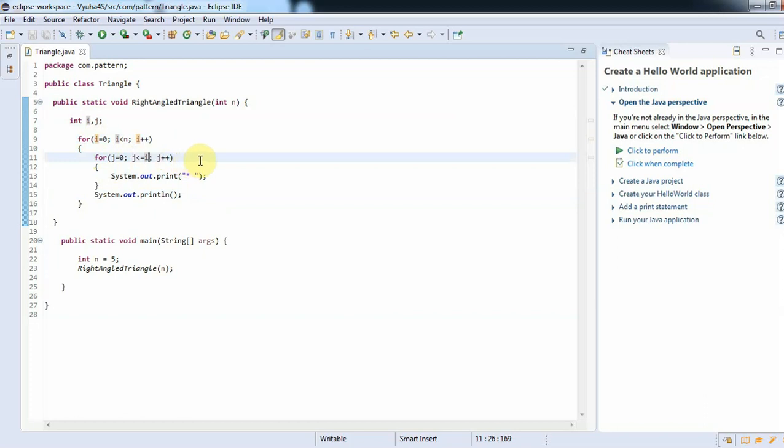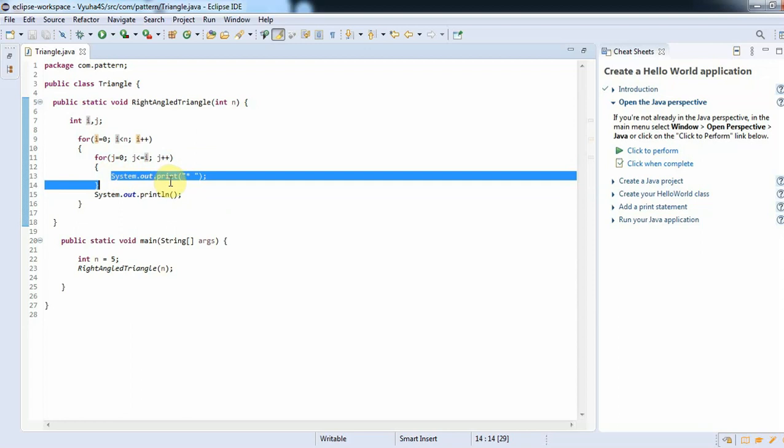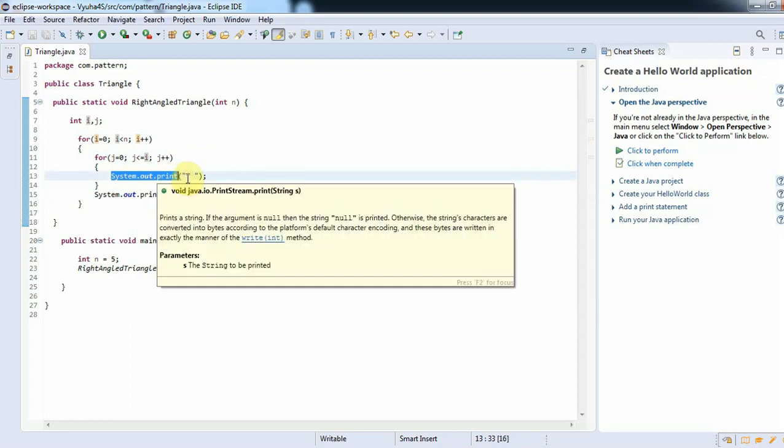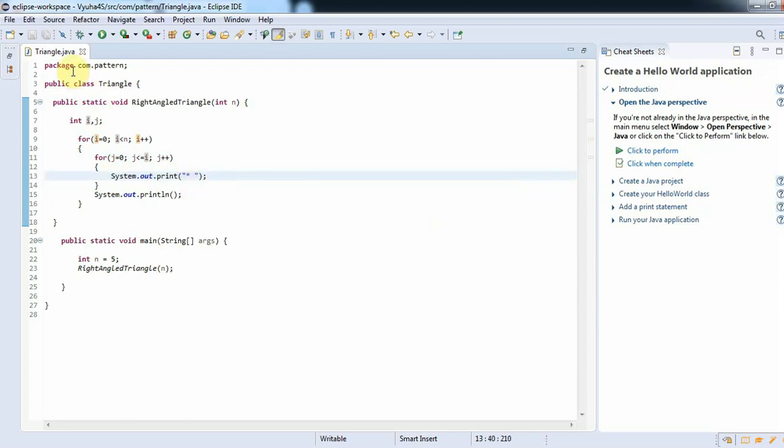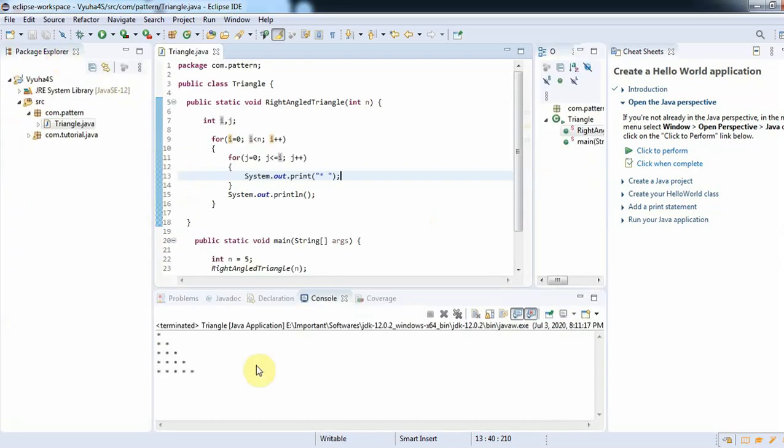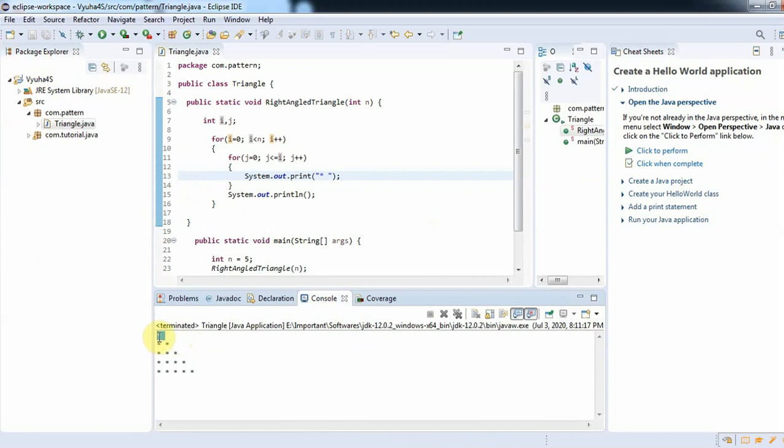So j equal to 0, the condition is successful, so it will enter the for loop. Here System.out.print star space. Let me minimize it and maximize it. Okay, here you can see a star. This gets printed for the first iteration.